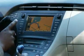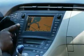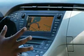So if we have a look on the left-hand side, we can see we can switch to AM and FM radio, plus also DAB. But more interestingly, there's CD, which you can actually rip to the car's internal 40-gig hard drive. To do that, I simply open up the face of the unit, which slides down like so. I insert my CD, close her up again,